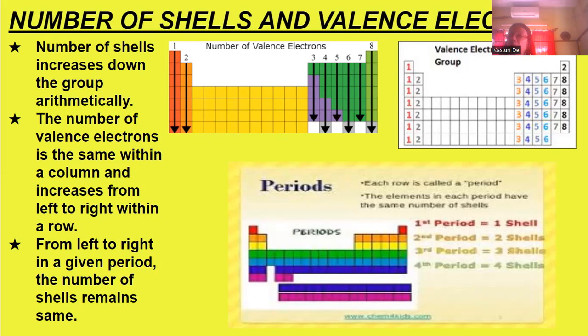Similarly, it's just the opposite in the group: when we are moving from top to bottom, the valence electrons remain the same, but the number of shells increases. Clear now? Okay. Next, we move on to